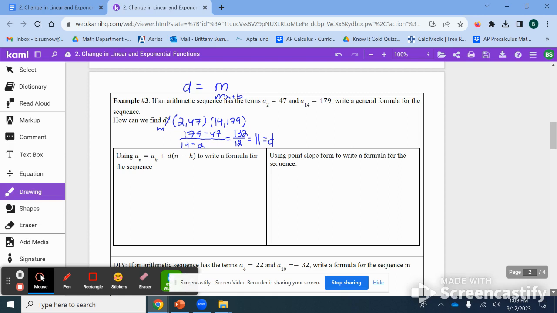If we use a sub n equals a1 plus d times n minus 1, remember yesterday I told us we can also see it as a sub n equals your second term plus d times n minus 2. Or you could use the 14th term plus d times n minus 14. So why don't we use this? Because we have the second term, 47. So we'll say a sub n equals